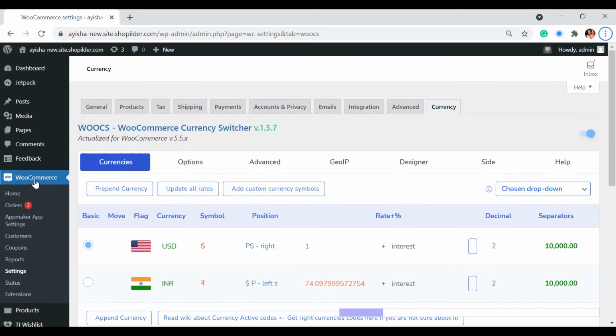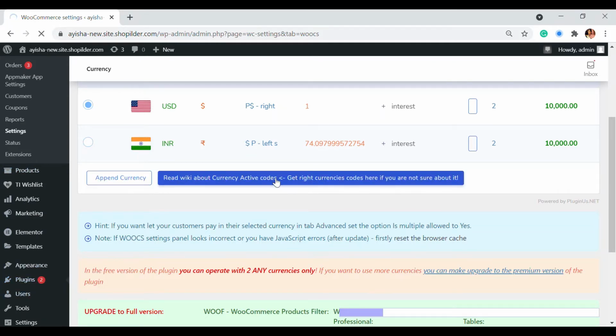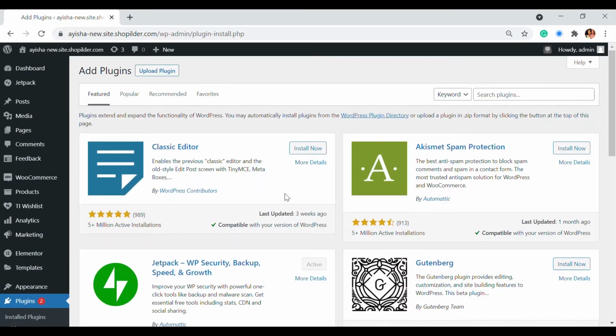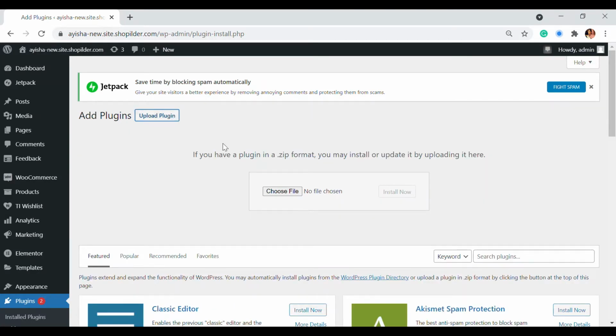We're going to go to the plugin section and we're going to add a plugin. So when you can buy the plugin at Code Canyon, you can see the link and you can just search for the Woox plugin Pro version and unlock the plugin and get it for your website. So I'm just going to install this plugin.